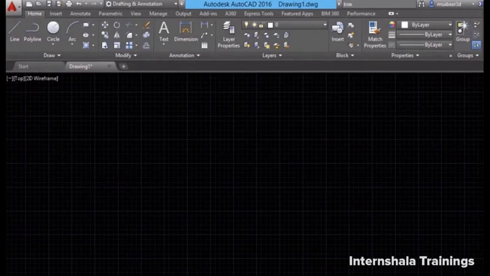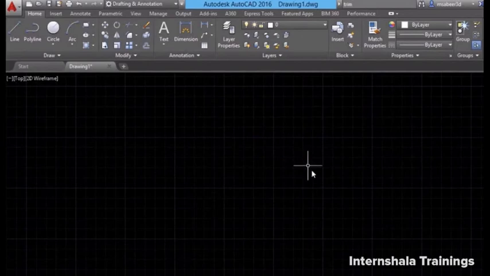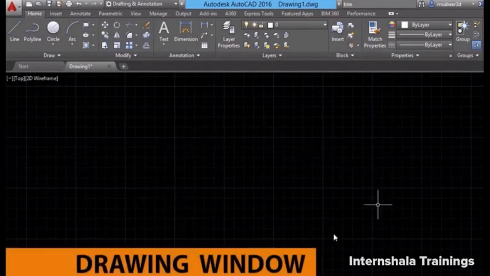And when you click over here, you will get access to the complete help system in AutoCAD in a systematic manner. And these three controls are native controls in any Windows application, which can be used to minimize, maximize and close AutoCAD software. And you can see the same controls here, but these controls are meant for the current drawing file. This black area which you see here is called the drawing window, and this is where you actually create drawings and make 3D models.